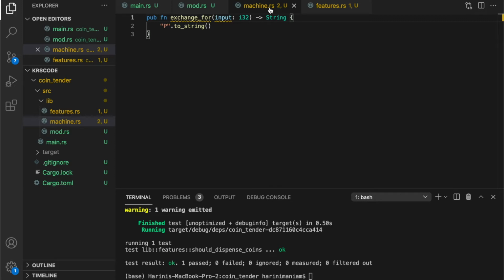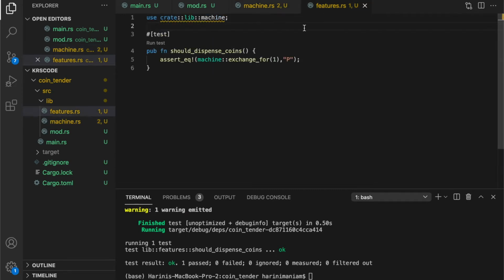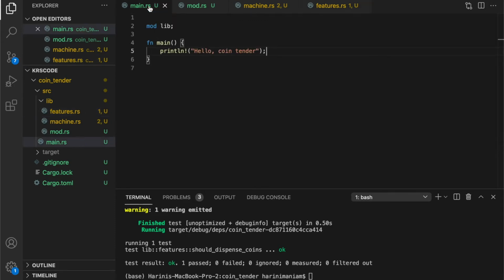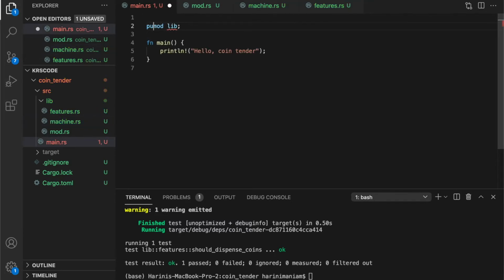now it is saying that this exchange for is never used, but we are using that in features. As we are using that as part of the test, it is saying that we are not using that in the main. So if you put this as pub mod lib, still, now that error is gone. So this is what pub modding a particular lib is. So if you put this as mod lib,